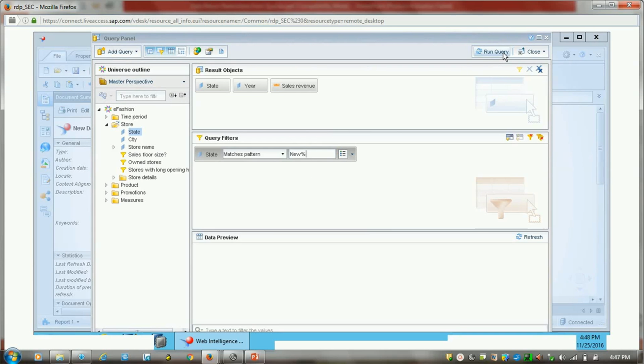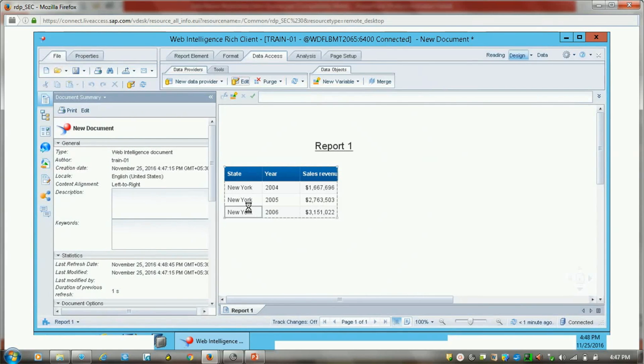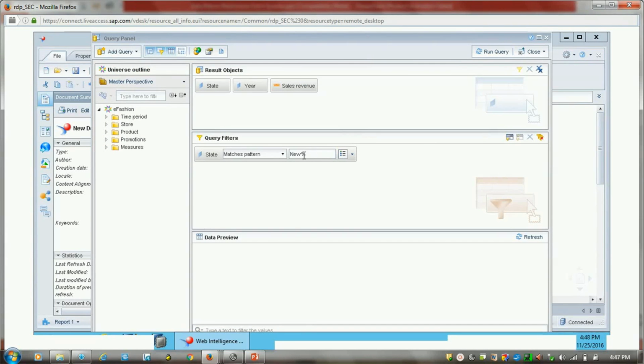Now if I run this, see, now it will give the data for New York. Okay, so this is the wildcard, the percentage wildcard. Let me add one more. Let's see, I wanted to use underscore, like, the string which starts from T, and let's see, I am using underscore, and